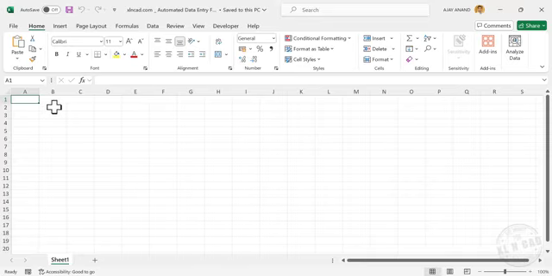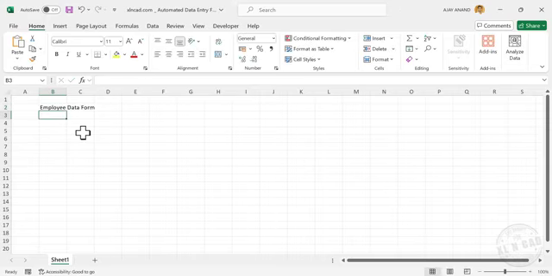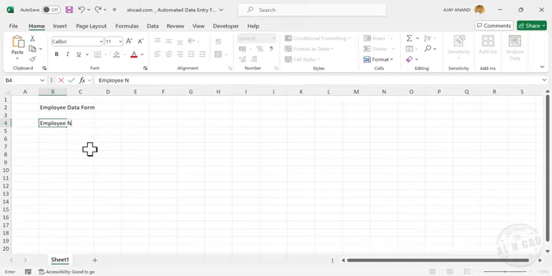Click on the cell B2. Type in Employee Data Form. Two cells below, Employee Name, Employee Code, Email ID, Date of Birth, Department,